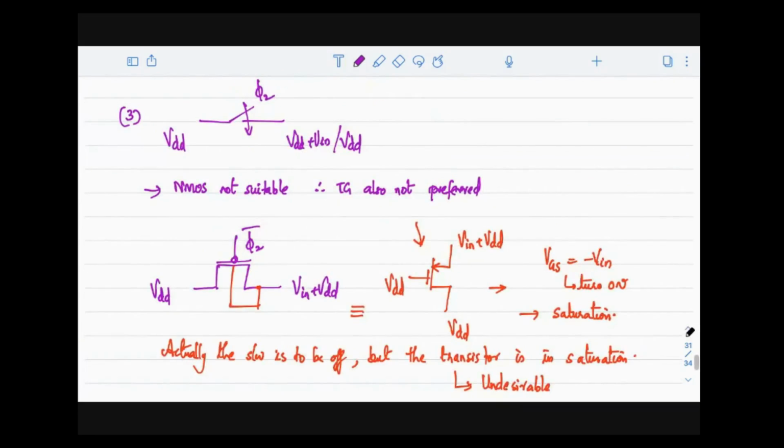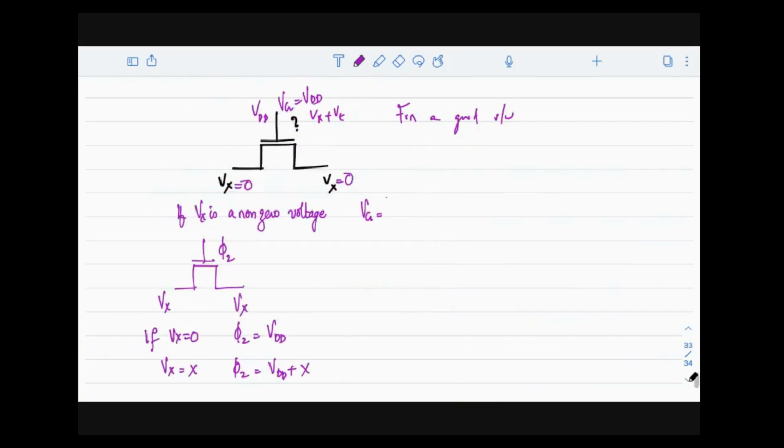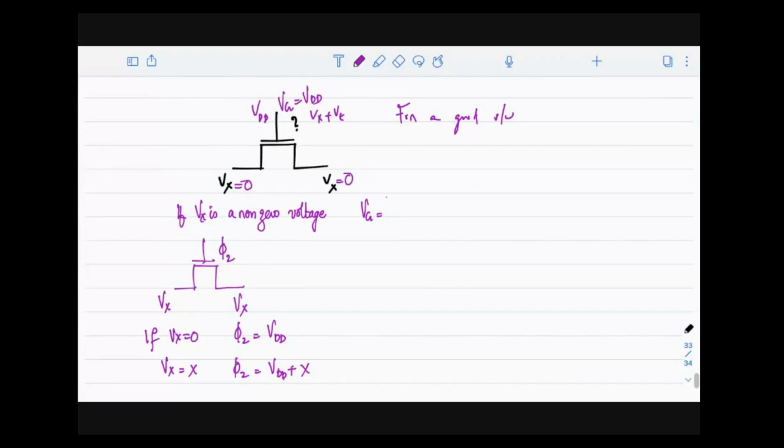Now, if you look at this switch where we are considering switch number 3, we have seen that the voltage I have here is VDD and Vin plus VDD. So if we can raise the gate voltage of this phi 2 appropriately, that will actually help in the working of this switch. So what I meant here is,